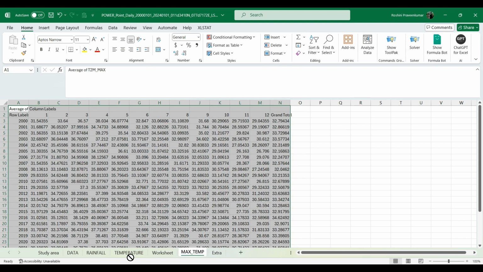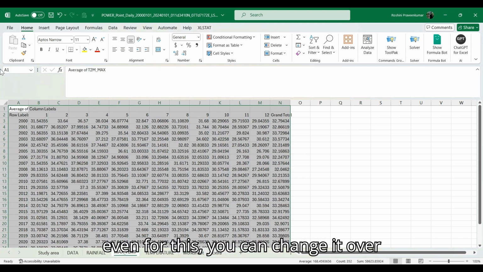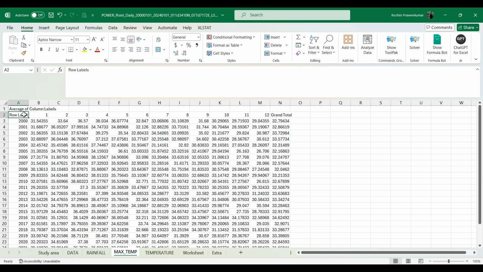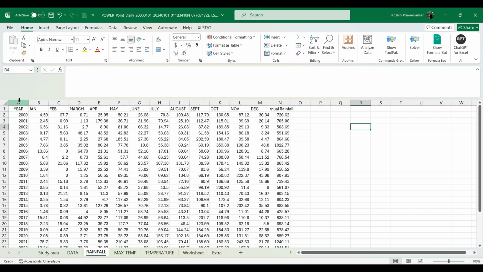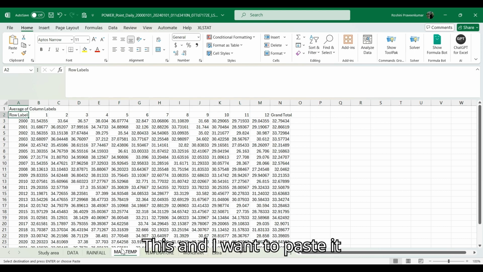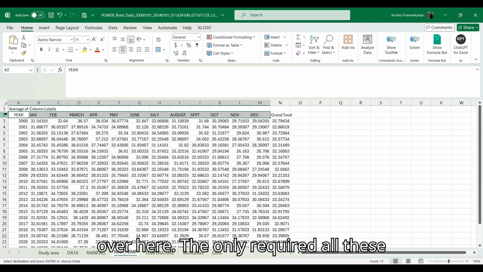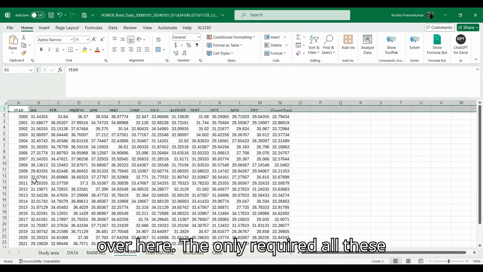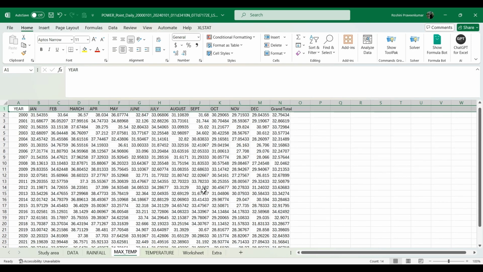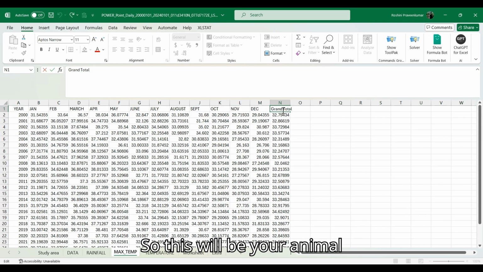And even for this, you can change it over here. Just select this and we're going to paste it over here. Don't require all these things. Fine. So this will be your annual maximum temperature.